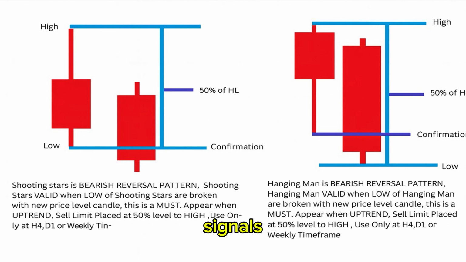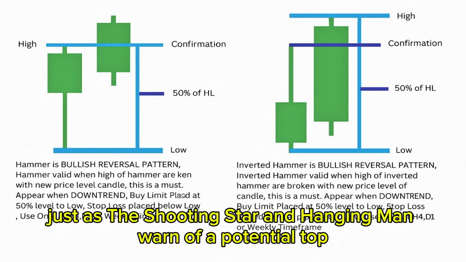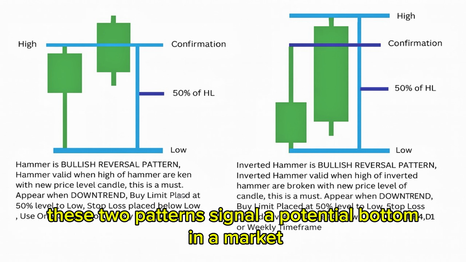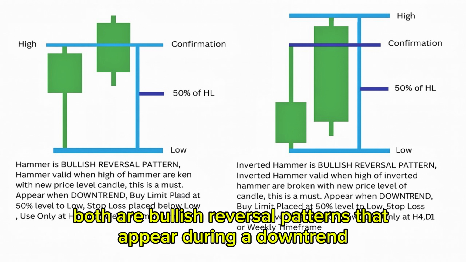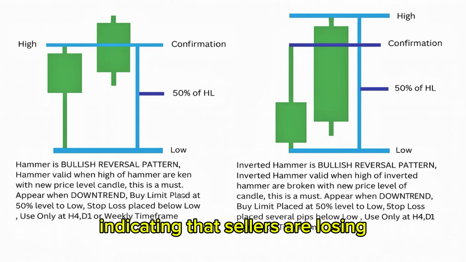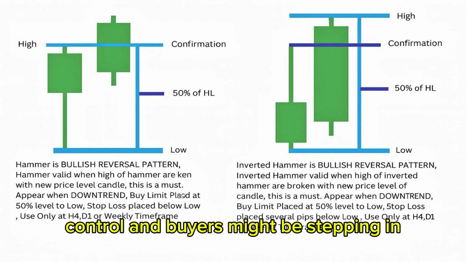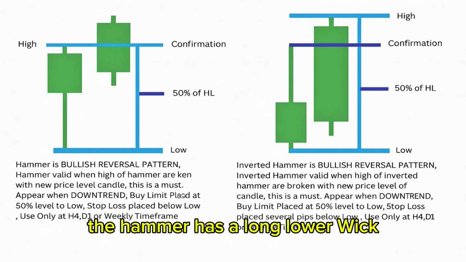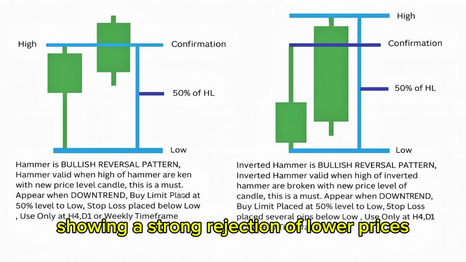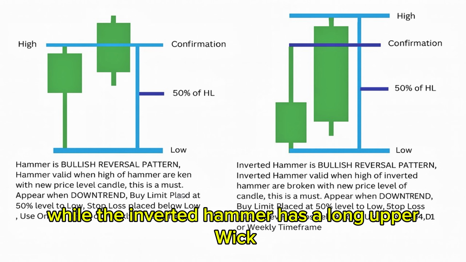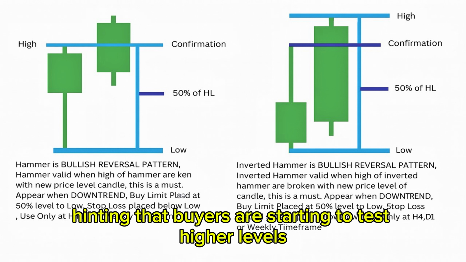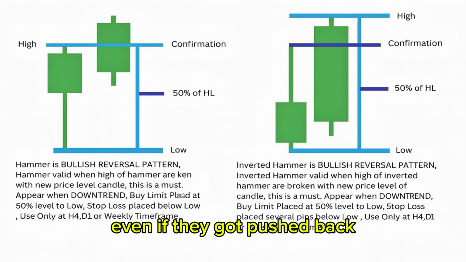Just as the shooting star and hanging man warn of a potential top, these two patterns signal a potential bottom in a market. Both are bullish reversal patterns that appear during a downtrend, indicating that sellers are losing control and buyers might be stepping in. The hammer has a long lower wick, showing a strong rejection of lower prices, while the inverted hammer has a long upper wick, hinting that buyers are starting to test higher levels even if they got pushed back,